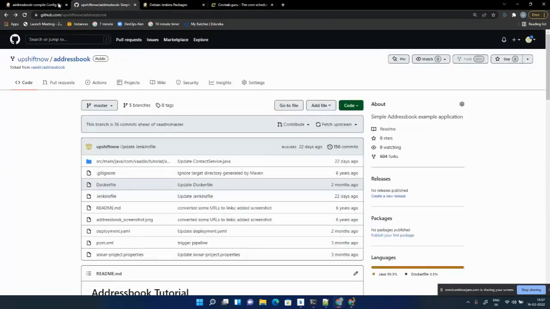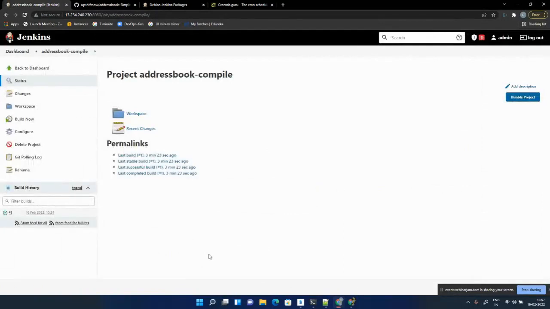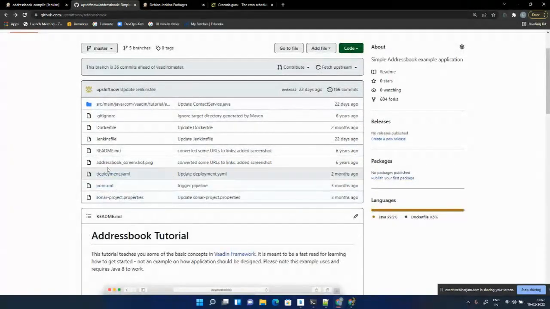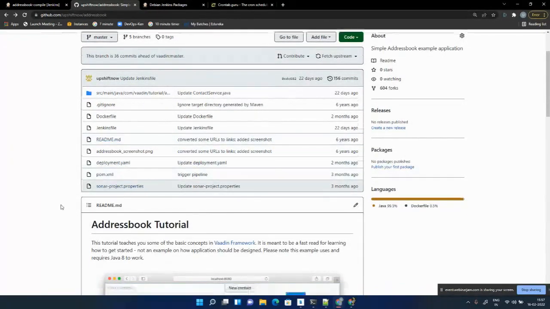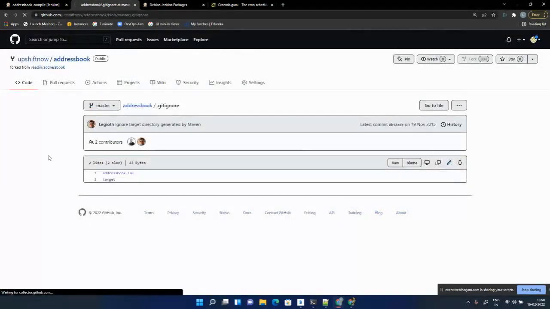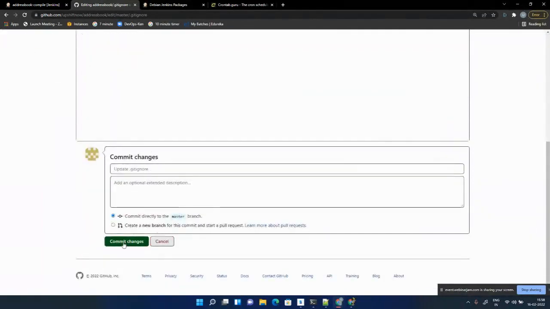So I say that every minute, check for any code changes in this repository. If you see any code changes, then trigger a build. Okay, and for testing, I'll just pick one file and make a commit. You should know how to work with Git or GitHub here, because that's what we are doing. I just open this .gitignore, click on edit, and add some text, two blank lines here. I make a commit, add blank lines to .gitignore,